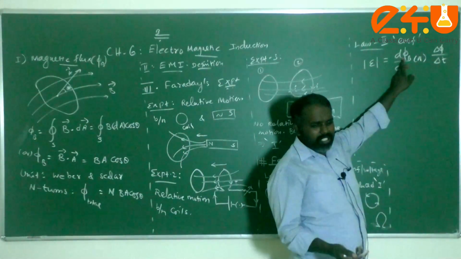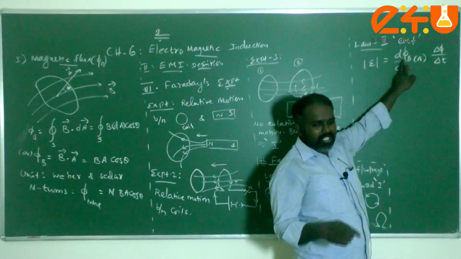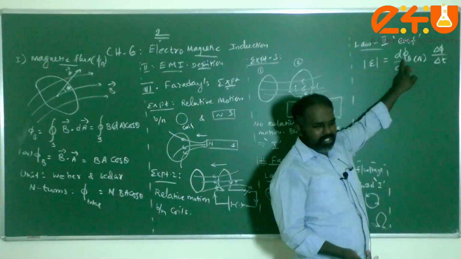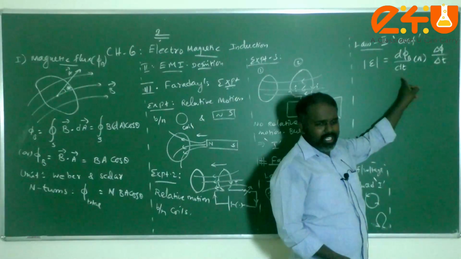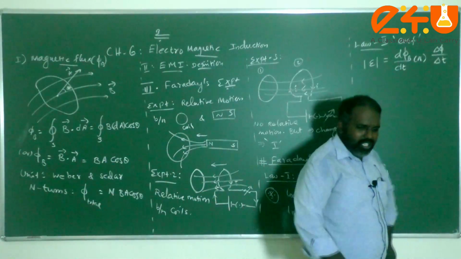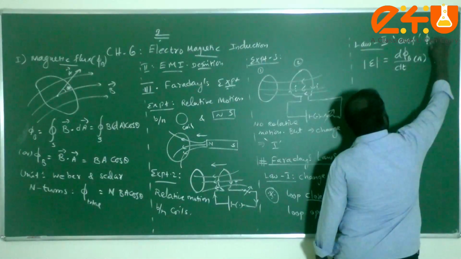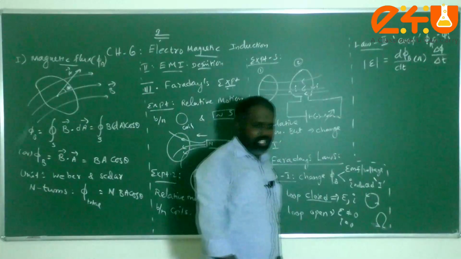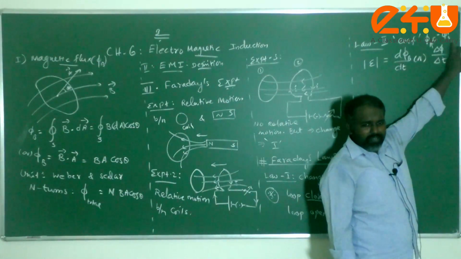But in this case, it may depend on a variable. For example, Φ is equal to 3t² + 2t + 1. So in this case, it depends on the time value, and the value of flux may change. For that type of instantaneous flux variation, we can use dΦ by dt. For the average flux variation, we can use ΔΦ by Δt, where ΔΦ is nothing but final minus initial. Final minus what, children? Initial. The difference between the final flux and the initial flux value.